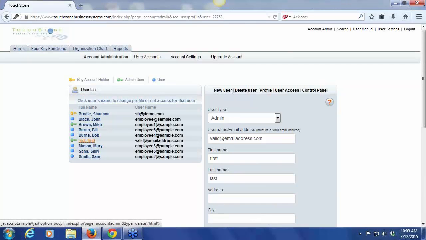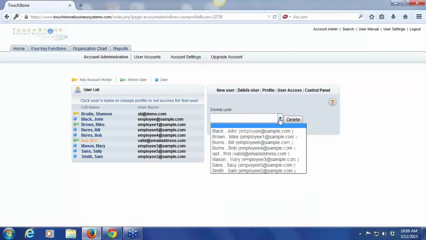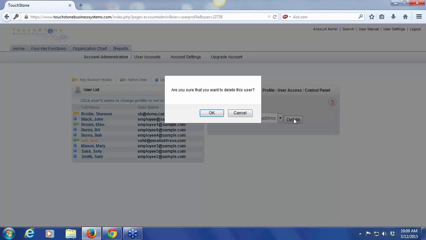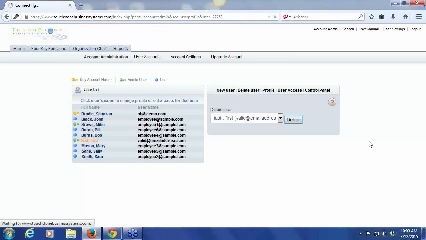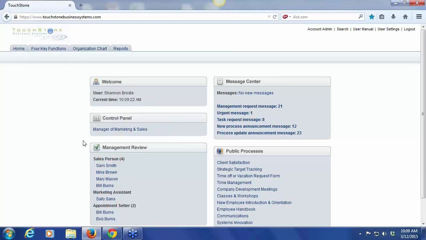You can delete users. This is the next icon over, Delete User. I hit the drop down here and I see all the users on my user list, select, and then hit Delete. Easy as that. Are you sure? And OK. The one thing to remember about deleting users is if you've had that employee in their control panels here on the home screen, completing things,